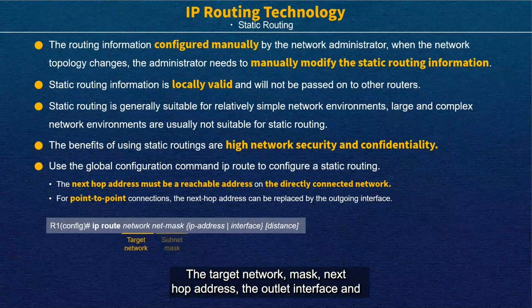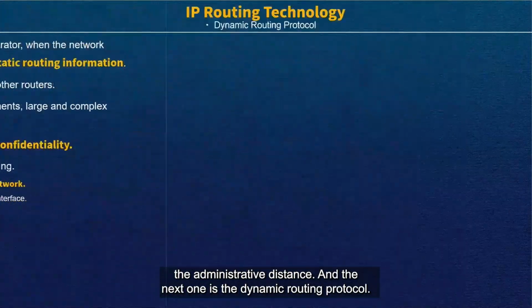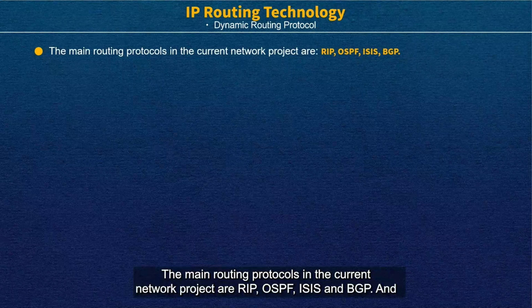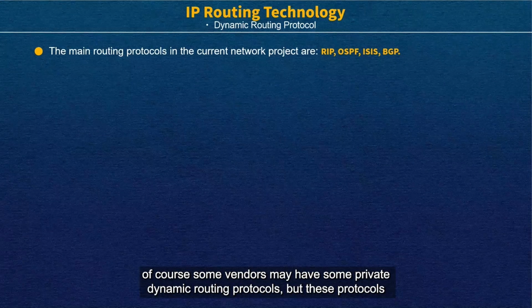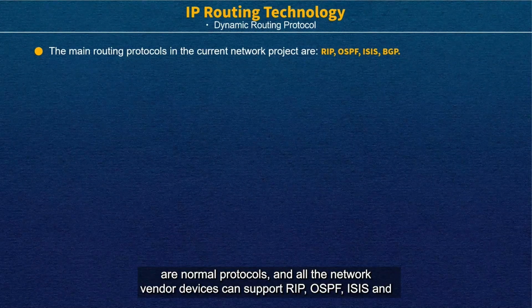The target network, mask, next hop address, the outlet interface, and the administrative distance. And the next step is the dynamic routing protocol. The main routing protocols in current network projects are RIP, OSPF, IS-IS, and BGP. And of course, some vendors may have some private dynamic routing protocol. But these are the normal protocols, and all the network vendor devices can support RIP, OSPF, IS-IS, and